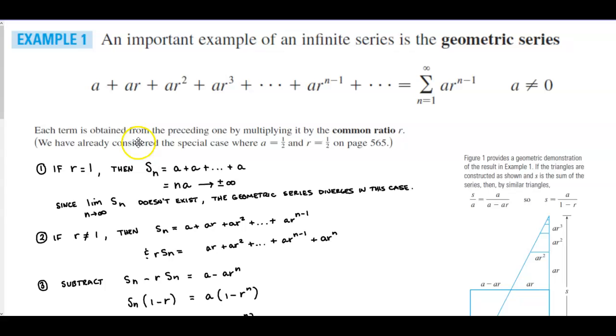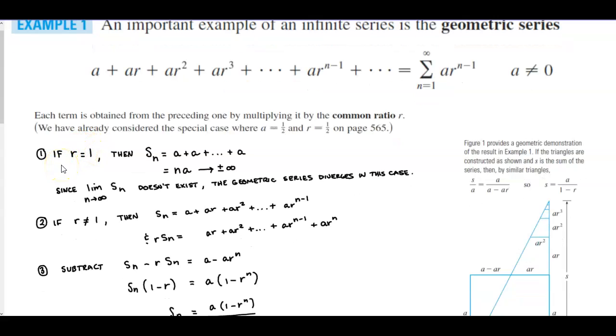Now, each term is obtained from the preceding one by multiplying it by the common ratio r. And we have already considered the special case where a is equal to 1/2 and r is equal to 1/2. Now, in step number 1, if we let r equal 1, then the sequence s subscript n is going to equal a plus all the way to a, which would equal n times a, which would be approaching positive or negative infinity. Since the limit as n approaches infinity of that sequence doesn't exist,